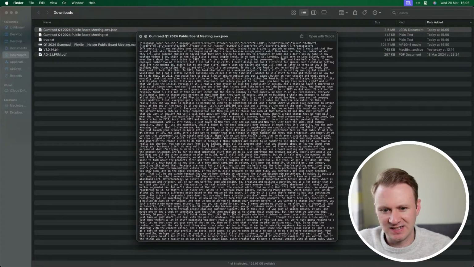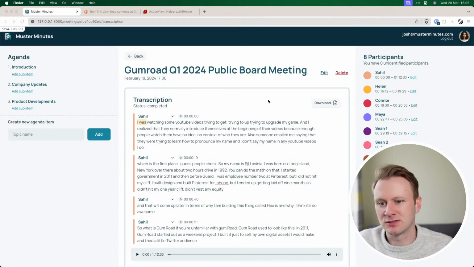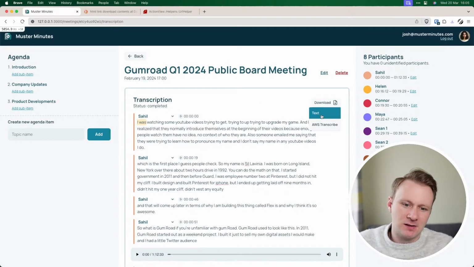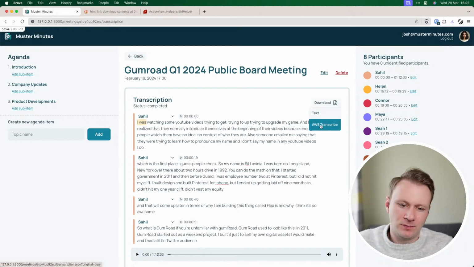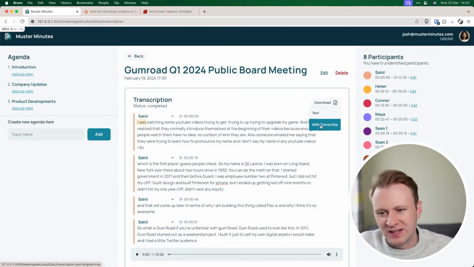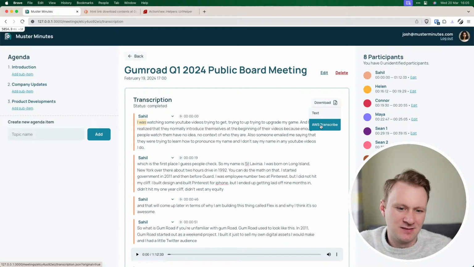And then that is the blob of JSON you get from AWS Transcribe. It's a bit misleading because it's not what you've edited. So if you've made edits here,